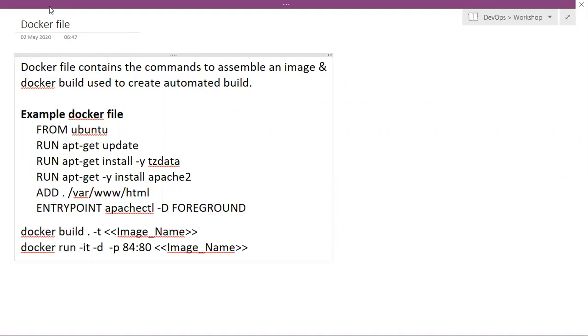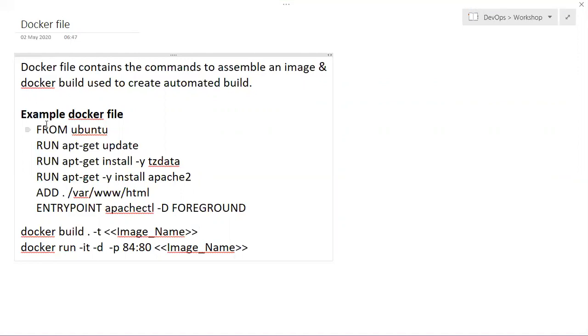In the Dockerfile, you can place all your commands, and when the Dockerfile is executed, it will run all your commands one by one and create your build. So a Dockerfile contains the commands to assemble the image, and it will build your Docker image automatically. Whatever we have done, I will create using a Dockerfile, with the same commands. After this we can complete part 1 of the session, then I will open one more session, part 2, where we'll learn about other stuff.